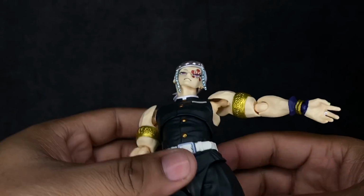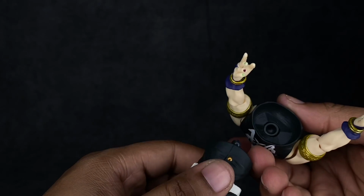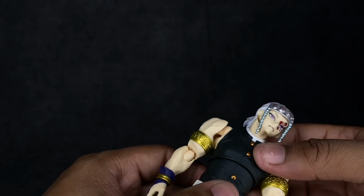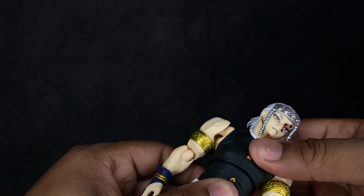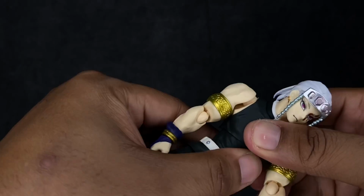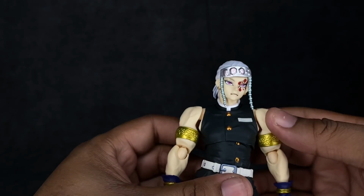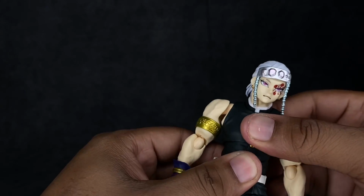That is very, very stiff, so that's a little whack. And if you turn it too much, it's going to pop off. Maybe if I put some shock oil in there, that might help. But yeah, it does feel like it's a little limited right here. And you guys hear that noise? It doesn't feel like it's going to break or anything, but it just feels like it should be able to